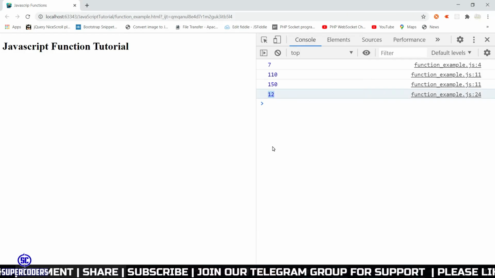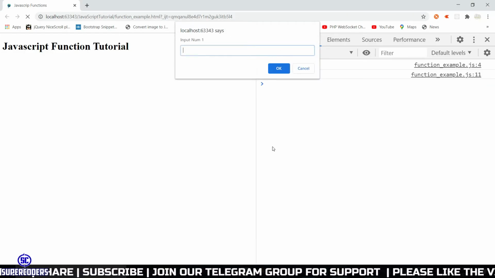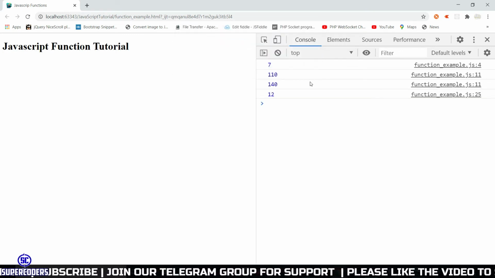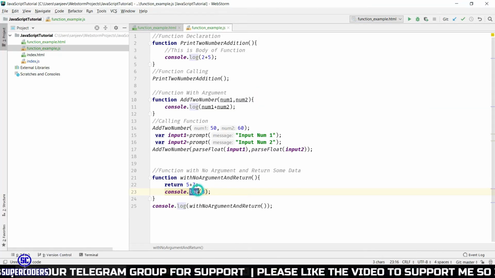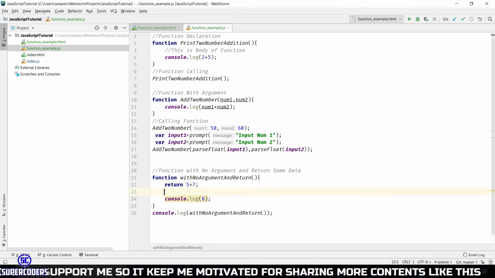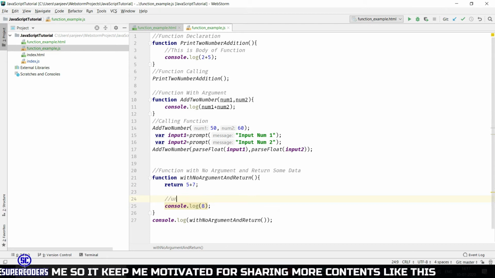If I run the page again, what happened? 90, 50, and you can see it printed 12 but didn't print the value 8, because this code can't be reached after the return statement. So you can't use any object, data or method after the return statement. Remember this. Some users think that after return you can call another method or do something, but it will not work. So when you call the return statement, you can't do anything more in the function. So adding the comment: unreachable code.